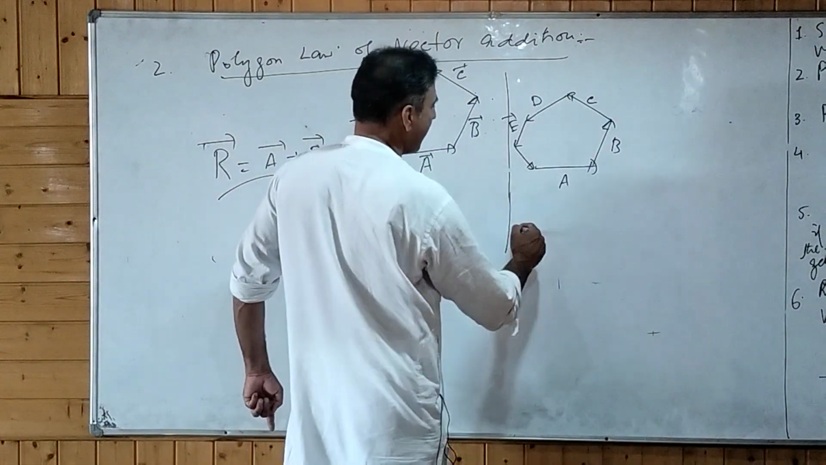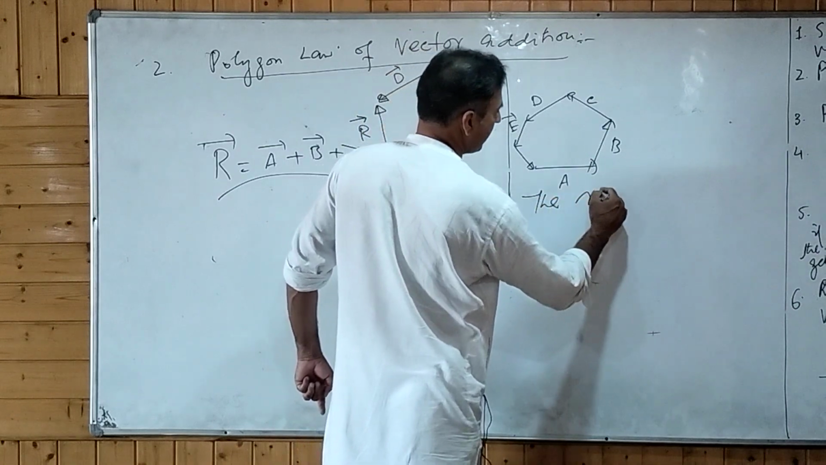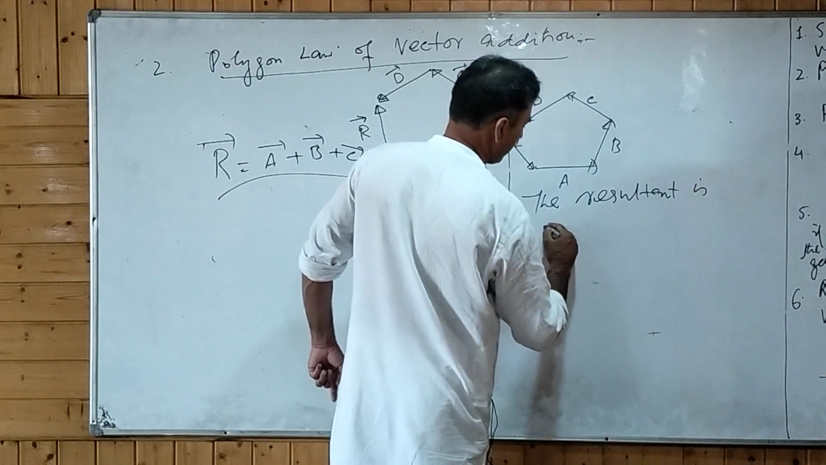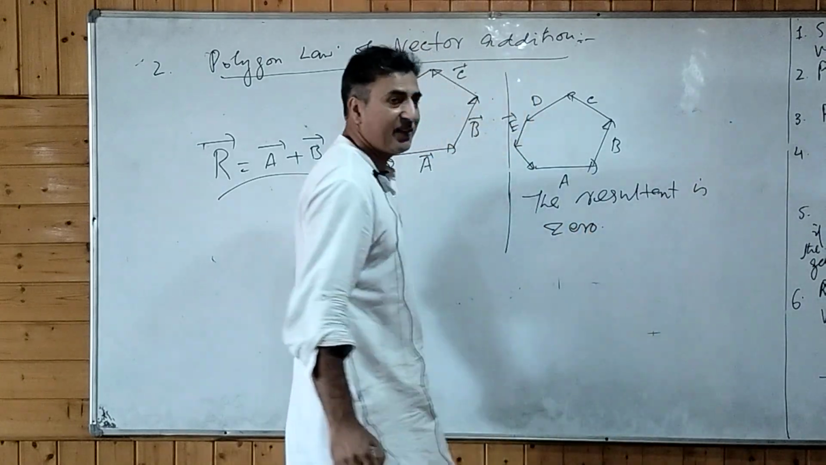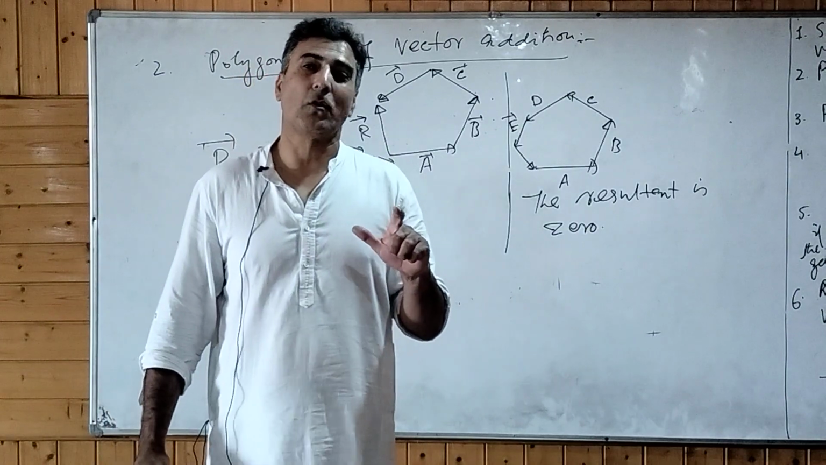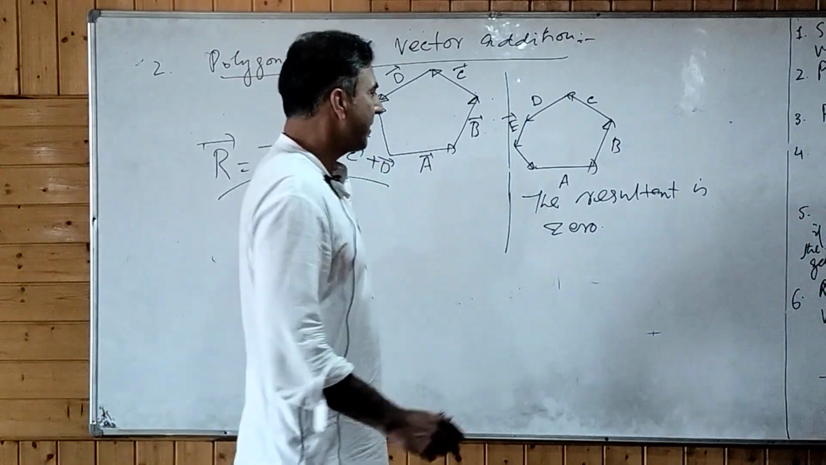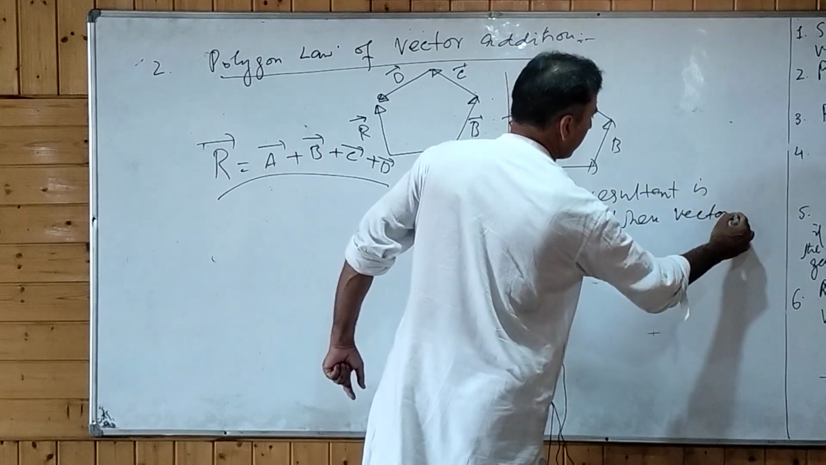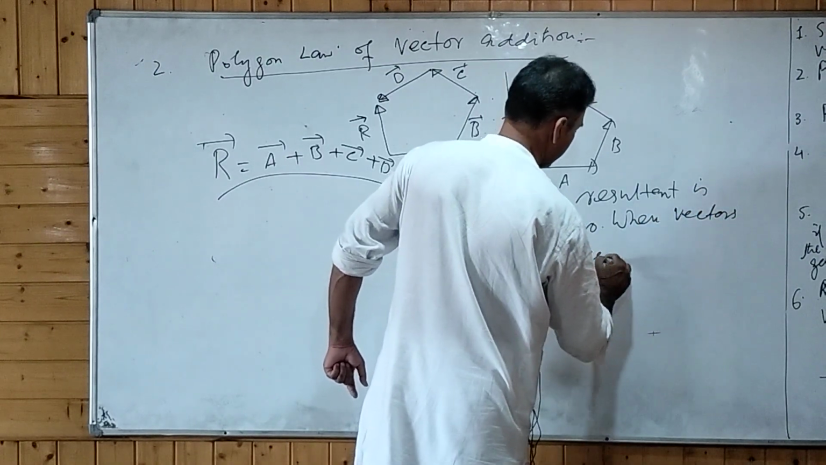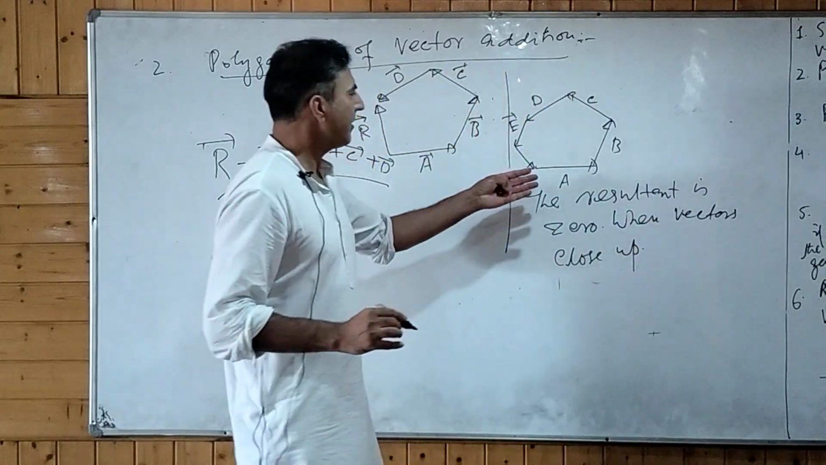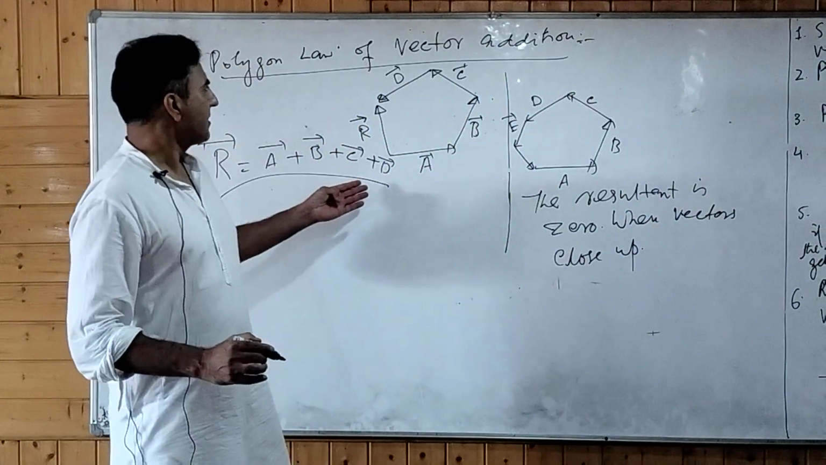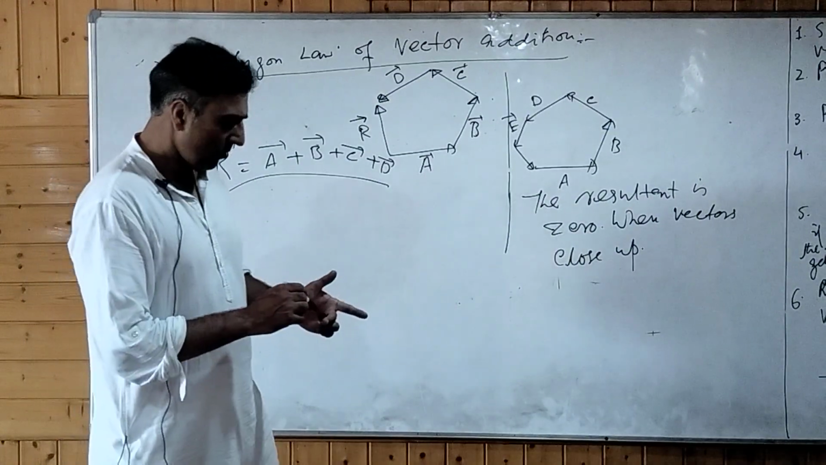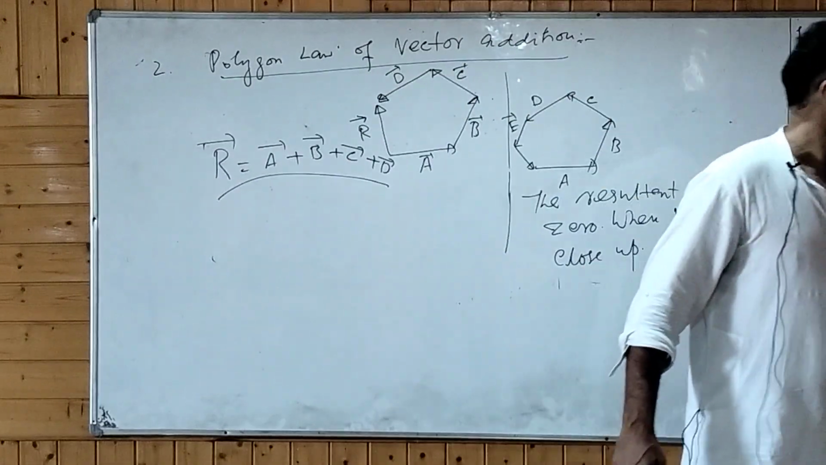The resultant, let me write it down. The resultant is 0. When? The resultant is 0 when vectors close on themselves. When vectors close up. That's all. It is the application of this polygon law of vector addition. That's all. So let me go to one more concept, that is